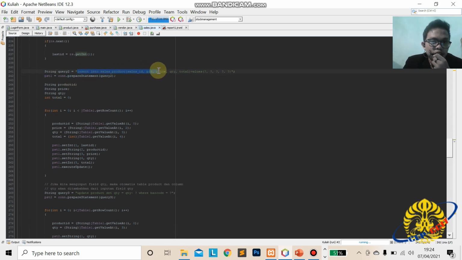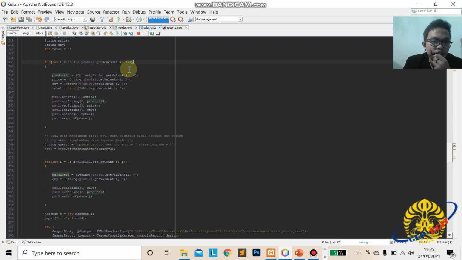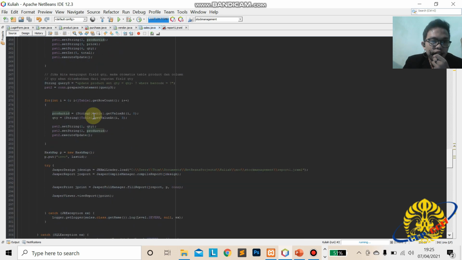This is just a little bit different. Then this is string product ID, string price, string quantity, total equals 0, and then the loop for the table data, execute update. And this is the different thing, I think.